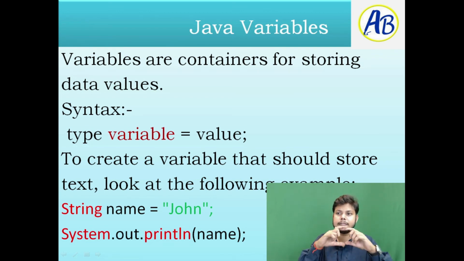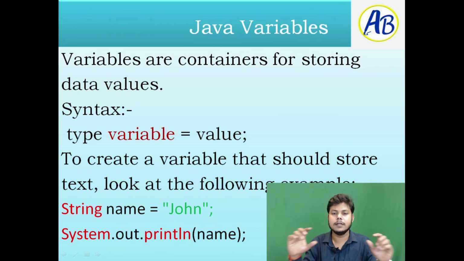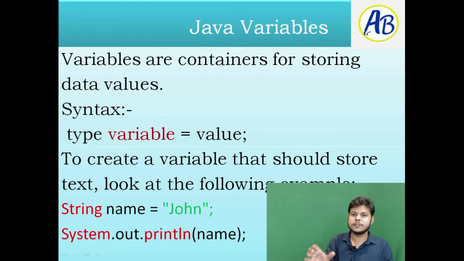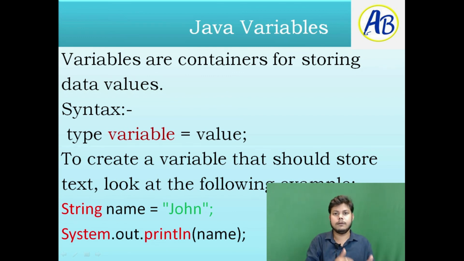The variable is just the label name of that tank. We have to specify it, but all names should be unique. If we use a float it should have a different name, and an int should have a different name, so the variable names should be different too. To create a variable that stores text, look at the following example. If you have to store solid stuff, you must get a storage capable of storing solid material.